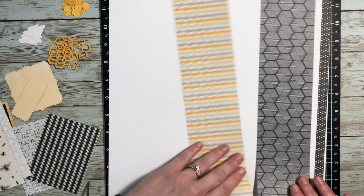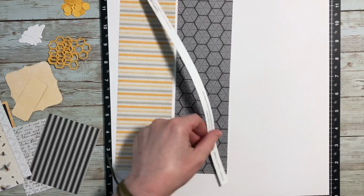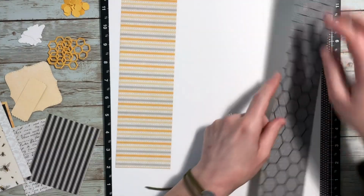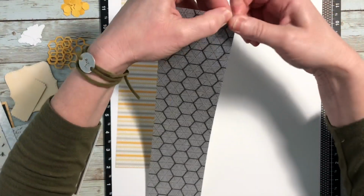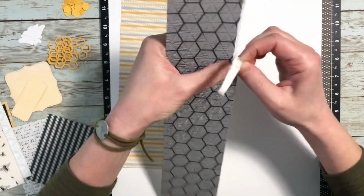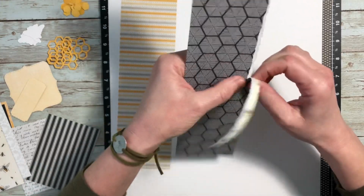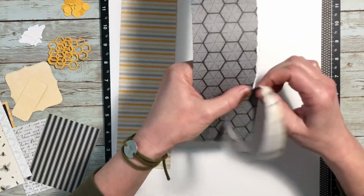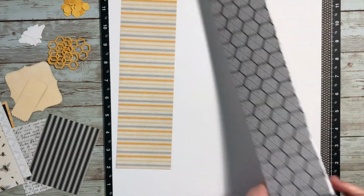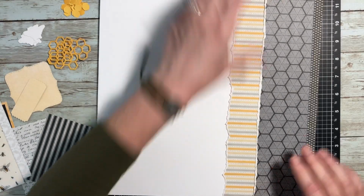And so I'm going to put my papers over here to the right side, and I'm going to do some of that paper tearing. And then you can see over to the side there that I've already gone ahead and used some of the thin cuts that came with this stamp set. And I cut out a bunch of the cute little honeycomb pieces, and then I have a couple of the bees, and then there's also this really fun little ticket piece. And then additionally, I did use my stitch bracket and some of the Picture My Life cards to cut some of those things out. So I'm just really drawing from all of the different parts of this Sweet as Honey collection, and like I said, using that card making workshop stamp set for a scrapbook page,